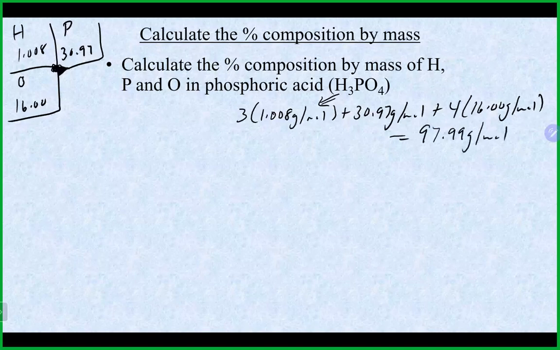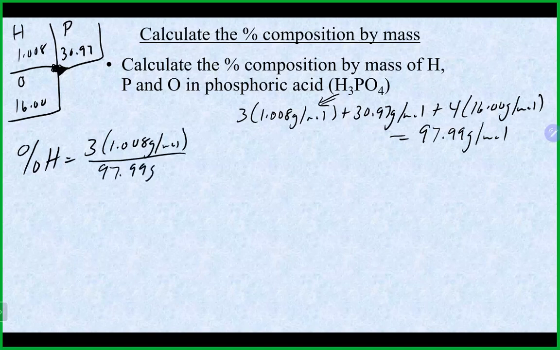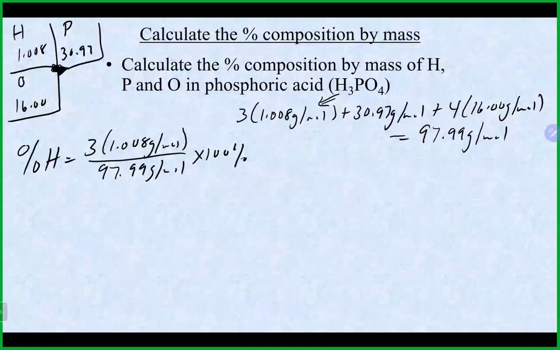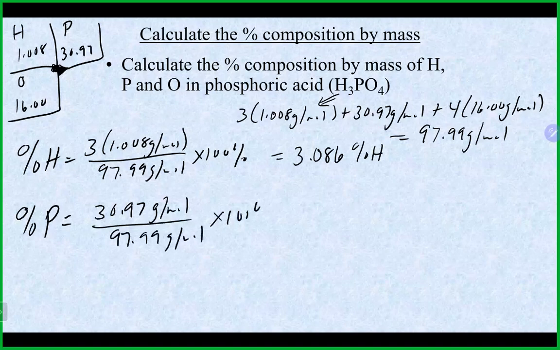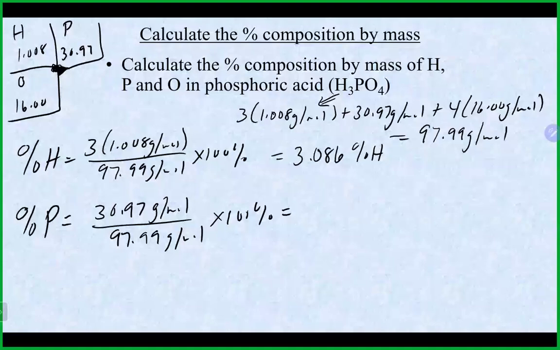97.99 grams per mole. So we can start with the hydrogen, our percent of hydrogen. Since there are 3 of them, we'll get the mass of just the 3 hydrogens up on top, divided by the molar mass of the entire compound here, times 100%. And that's going to get us 3 times 1.008 divided by 97.99 times 100, about 3.086% hydrogen. You can do the same thing here for our phosphorus. Since there's just 1 phosphorus, it'll be 30.97 up on top, divided by the molar mass of the entire compound here, times 100%. And that will get us 30.97 divided by 97.99 times 100, about 31.61%